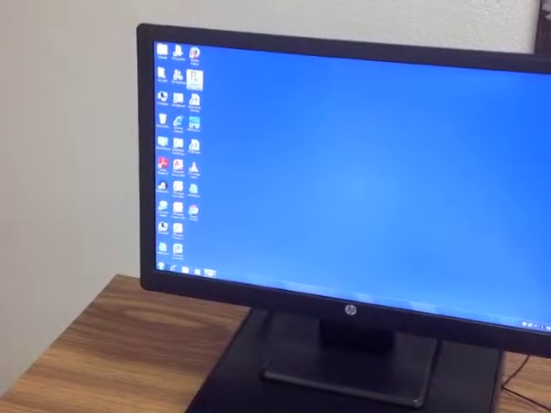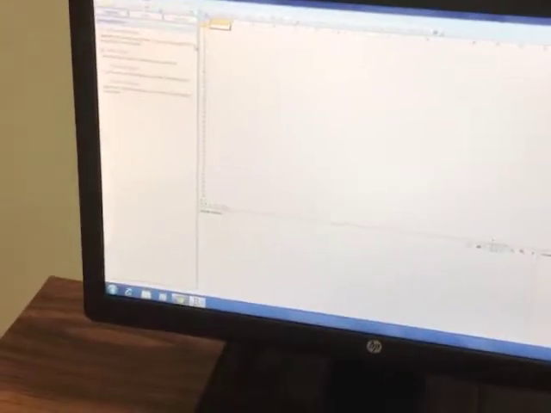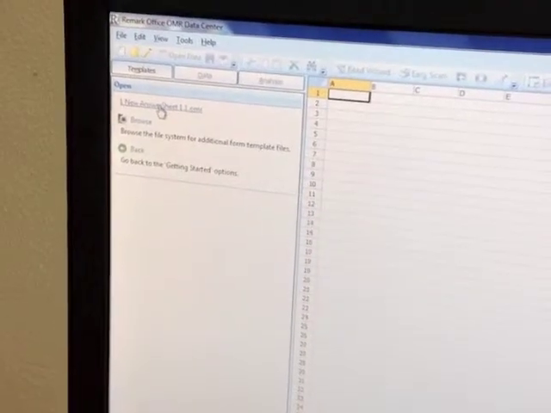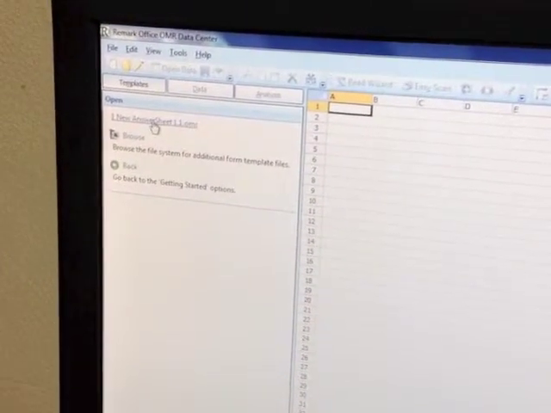So Matt is now going to open the Remark software. Alright, and now it looks like an Access database has come up, so the next step is to click on Open Form Template, and he's going to do that right there. Sorry for the blurriness. I cleaned the lens and we're a little better now. So you're going to click New Answer Sheet 1.1,